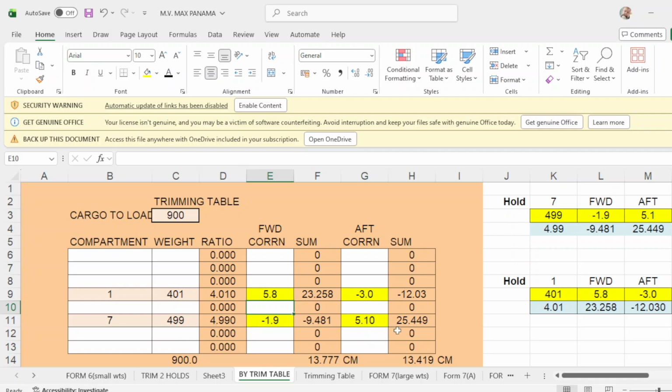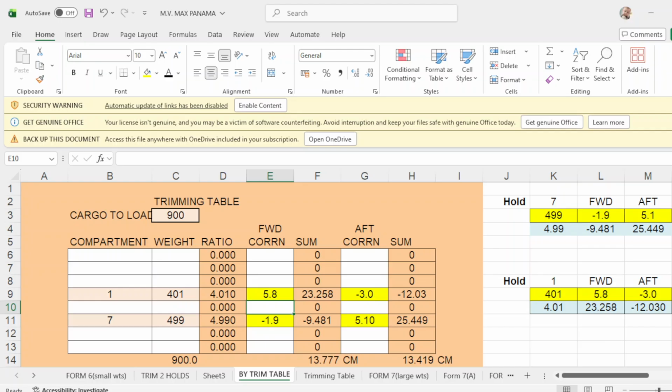Okay? Just a moment, guys, we'll copy this one. Forward would be 5.8, and up will be 5.10. Okay.